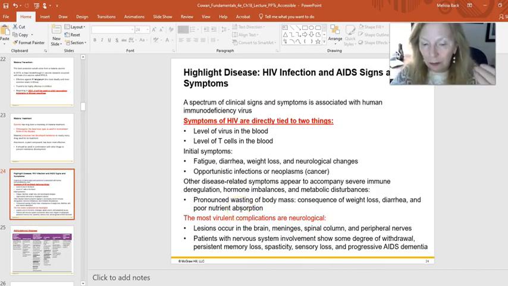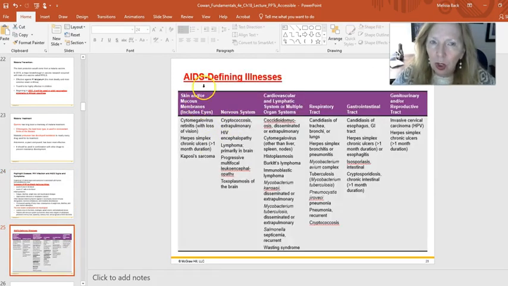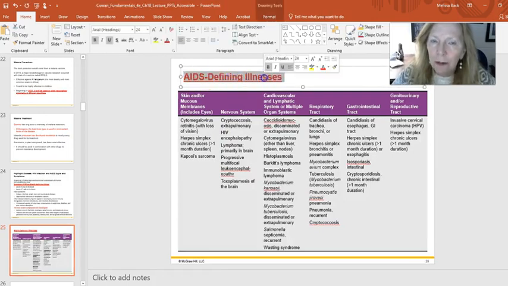So, fungal pneumonias that have a significantly high mortality rate, or fungal meningitis or encephalitis, or even viral encephalitis or meningitis, that can be some of the last things that end up taking them out when they have this disease. It's really important to look at the defining illnesses, because sometimes people don't know their HIV status, and they may not know that they have this, but when they come in and they see these infections, these are infections that should make a medical professional question HIV status.